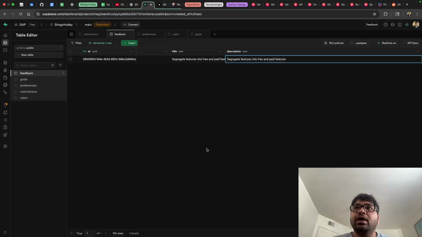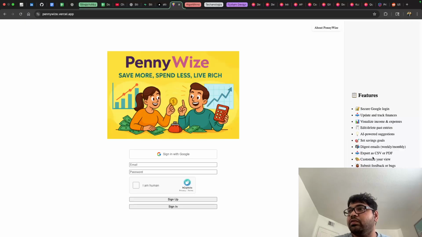So I believe that for the application to be a bit more revenue generation capable, we can think about separating our features into free and paid. So right now we have a set of features that we see on the right side. Now, these ones are free to everyone at the current moment, but I think that in the long run, we won't